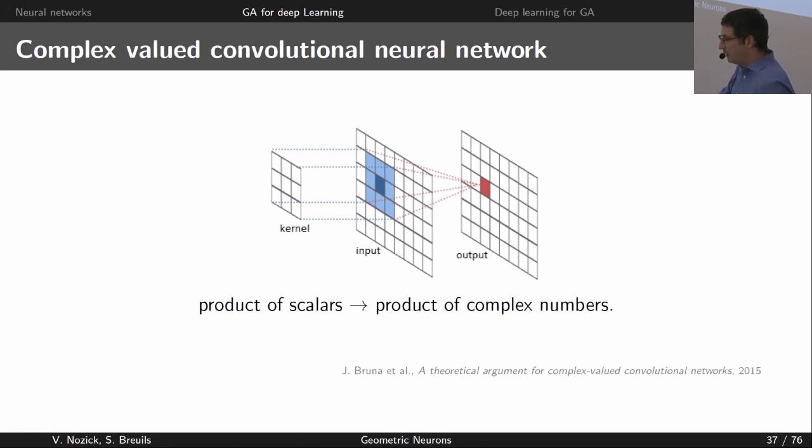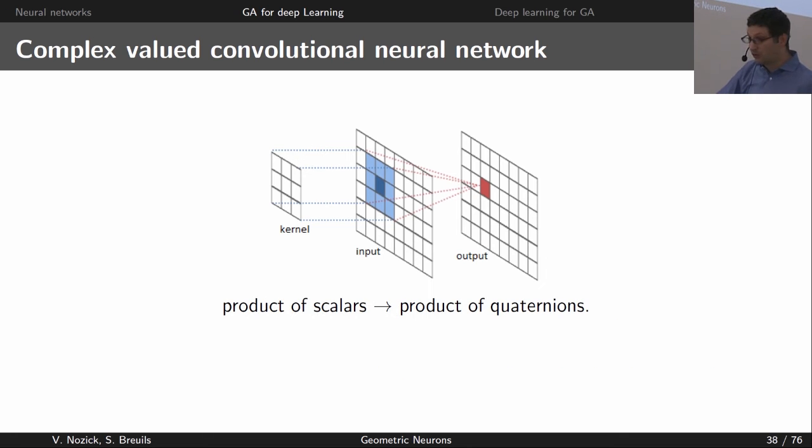If we want to use them with something else, this is what we could do. If the input is a complex number, for example, we can take a kernel with complex numbers as well and replace the product by the product of complex numbers. Some good people say this is a super good idea and it works really well. I think it works well, but on very specific problems like signal processing. Or you can do it, of course, with quaternions.